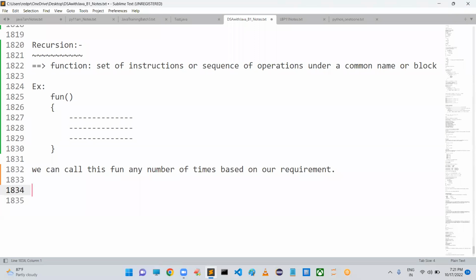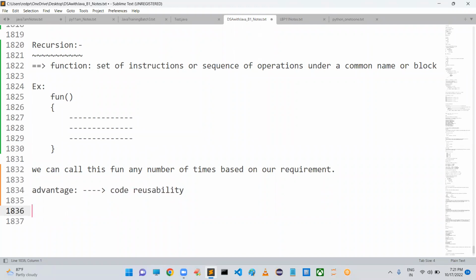The biggest advantage of functional programming is code reusability. Once you have defined a function, you can reuse that function any number of times based on your requirement. That is the biggest advantage we get with the help of a function.